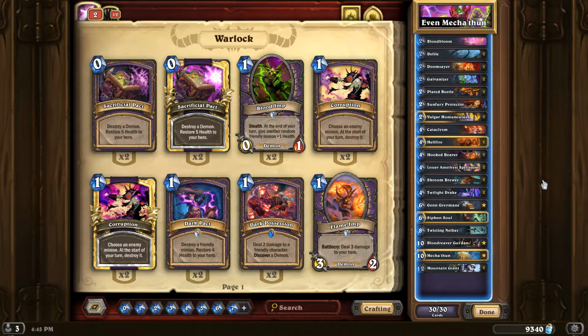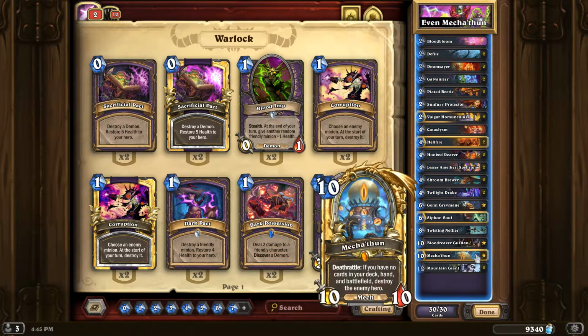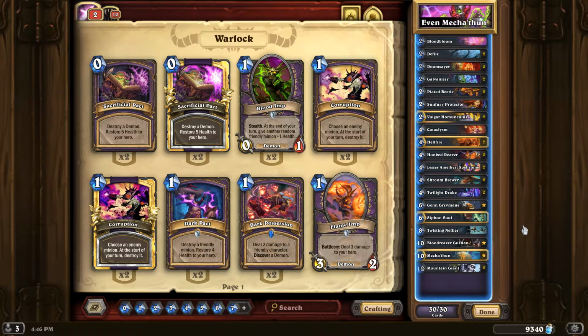So obviously the whole backbone of this deck is Mecha'thun. There's my lovely golden one. Deathrattle: if you have no cards in your deck, hand, and battlefield, destroy the enemy hero. Because it's 10 mana, you need to somehow trigger the Deathrattle in the same turn, otherwise it's probably going to get silenced or something. So the way to do that is to empty your deck. Because it's an even deck, your hero power only costs 1, so you can empty your deck